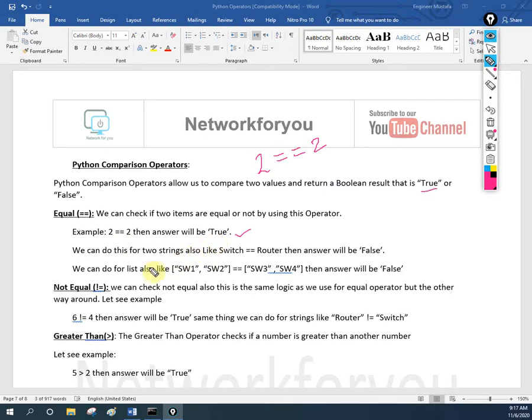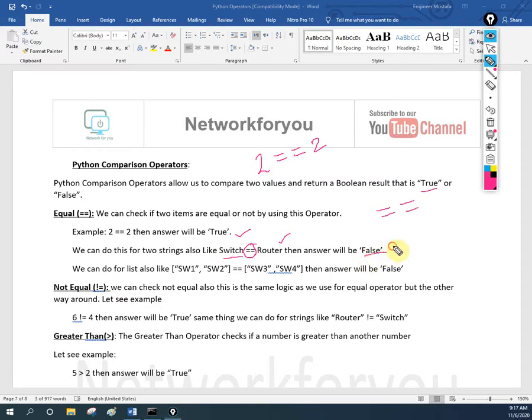We can also do this using strings. We can write switch == router, or router == firewall. Whatever string you want to compare, we can compare by using this equal operator. You need to remember to write equal to two times.